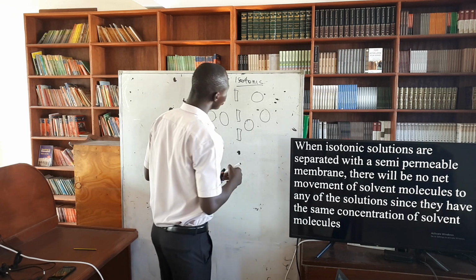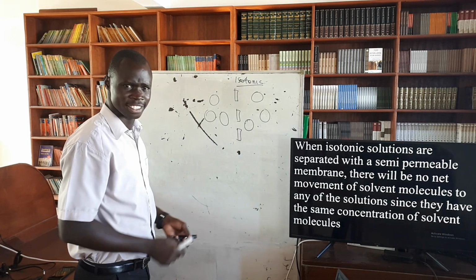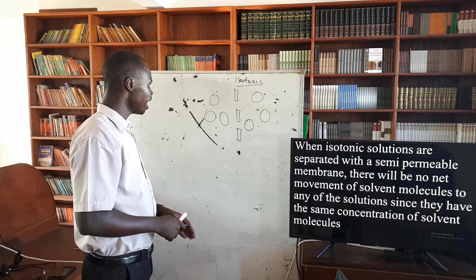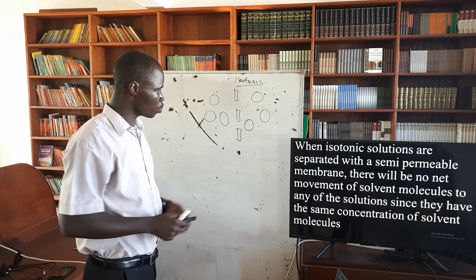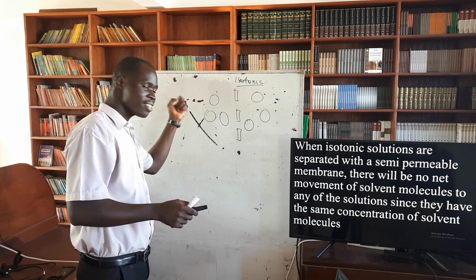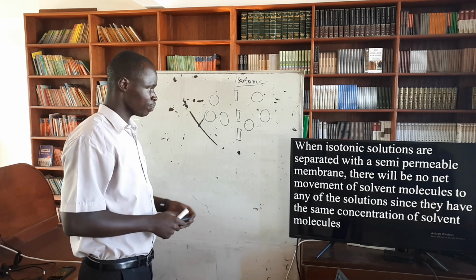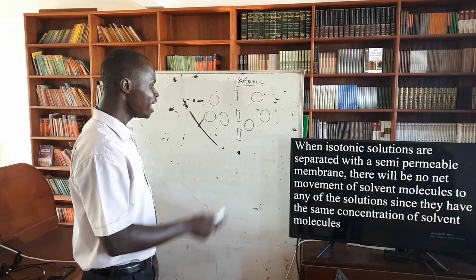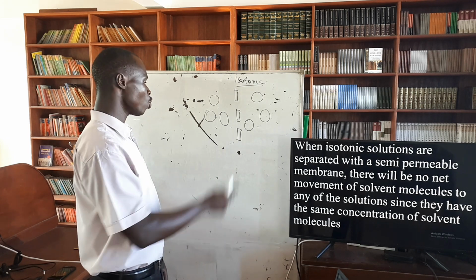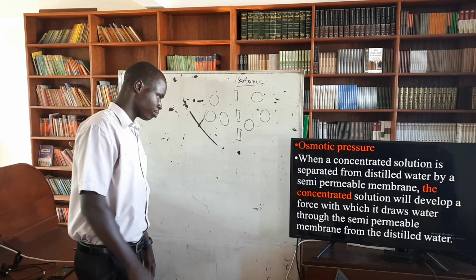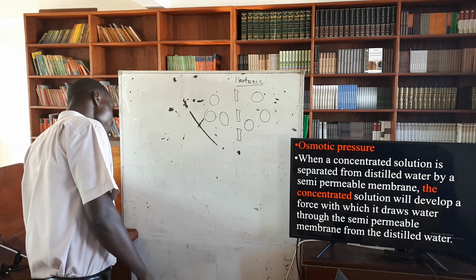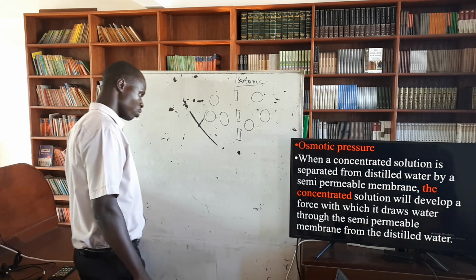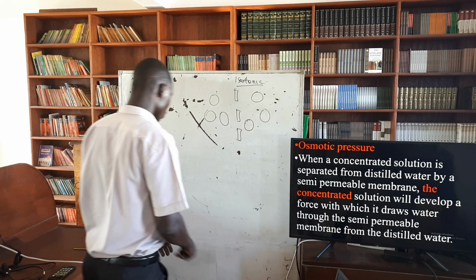Now, where will water molecules move from to where? So we find that in this kind of setup, there will be no movement of molecules in water because the solution is isotonic. There will be no net movement of solvent molecules to any of the solutions since they have the same concentration of solvent. Now, we want to talk about